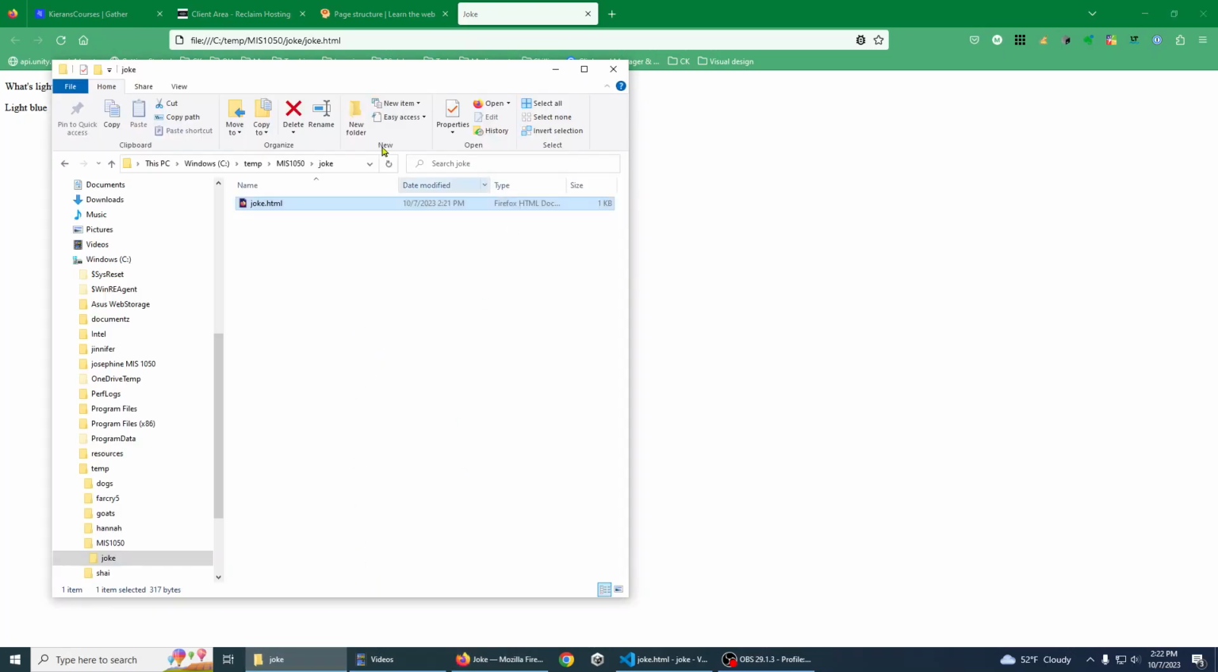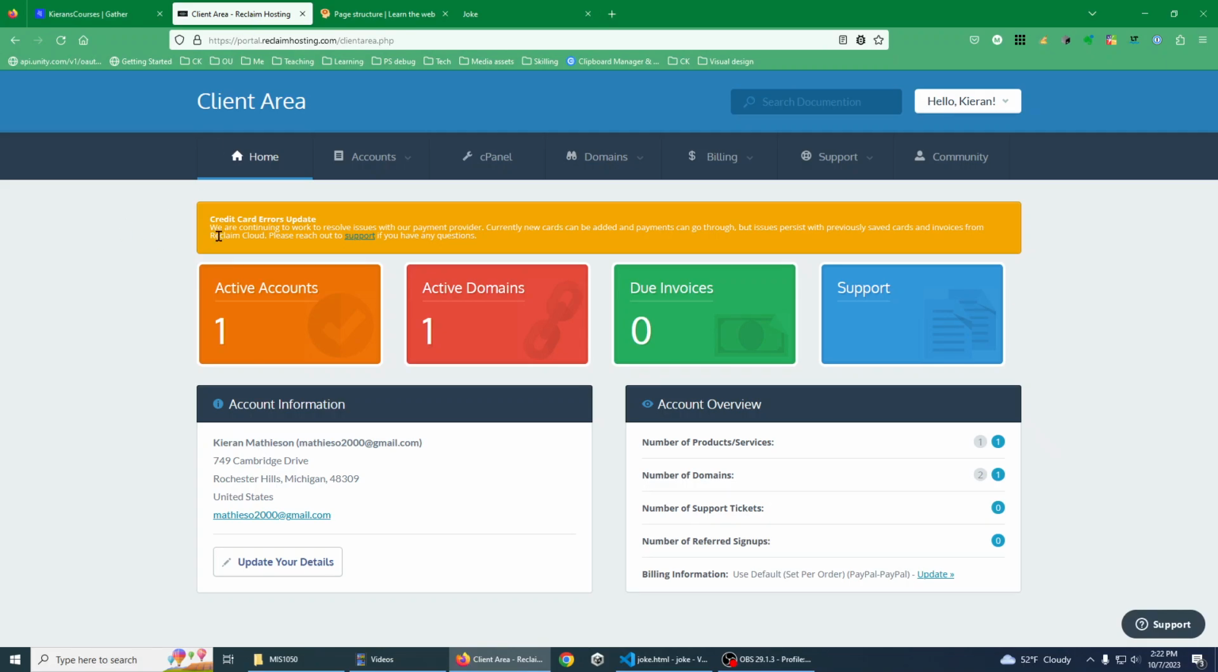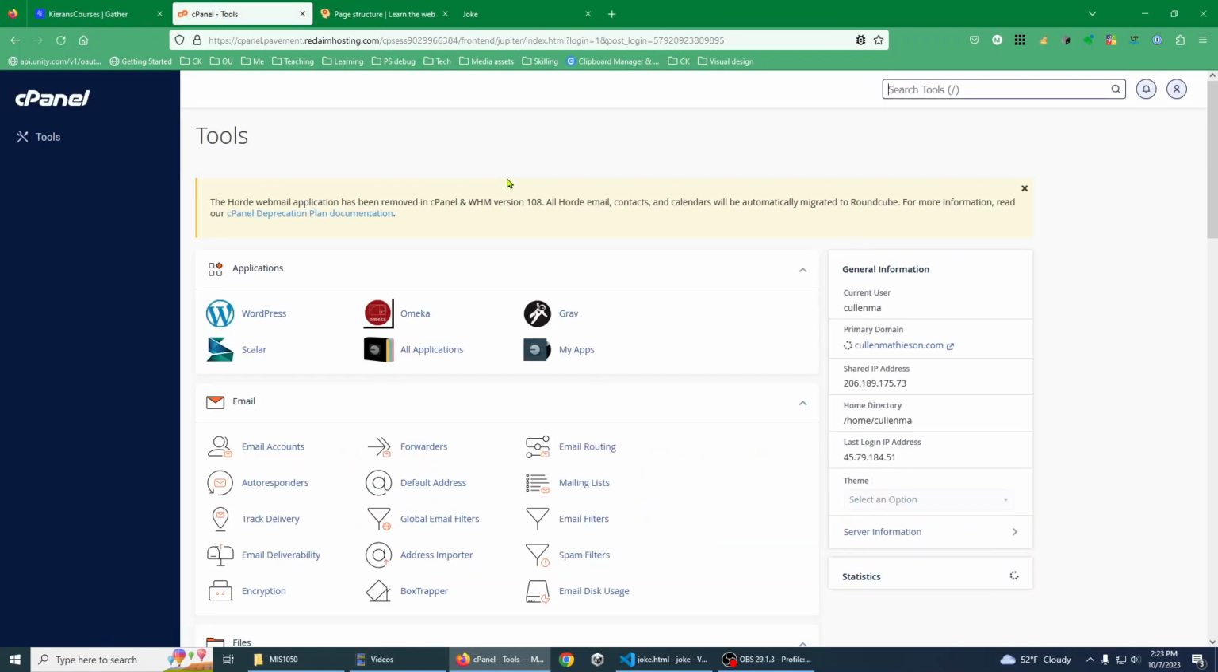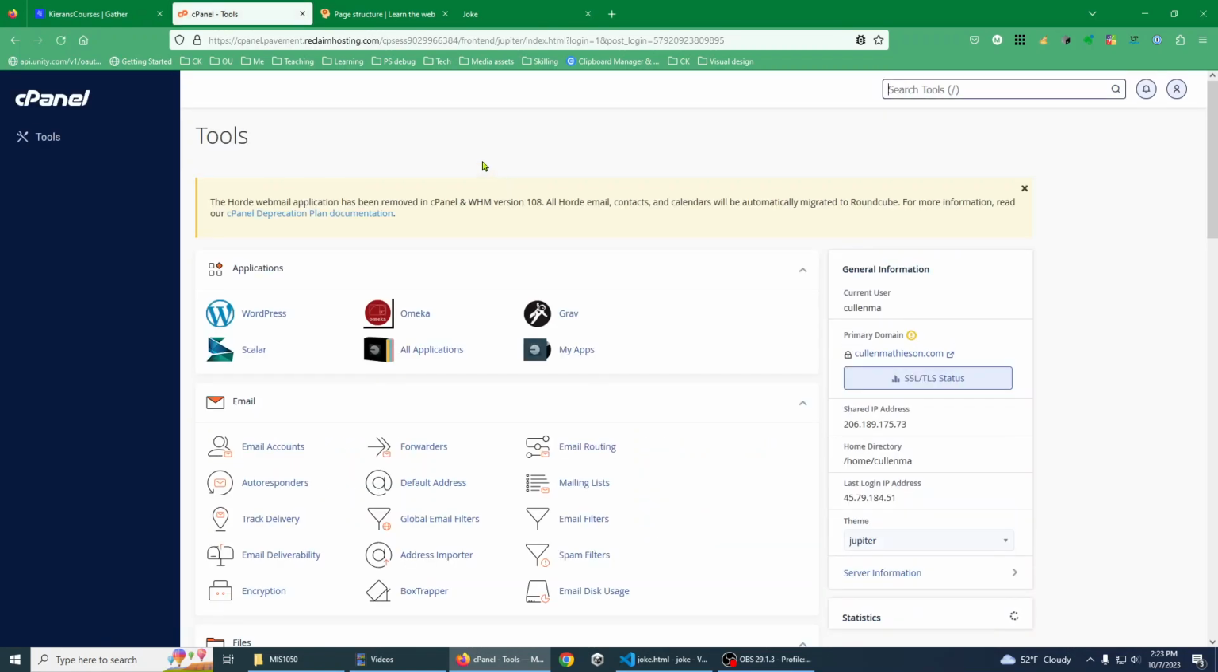So let's see, I'm going to basically replicate what I have here on the server. I'm going to make a folder called joke, and I'm going to put the joke.html file in that on the server. Okay, so I've logged in to Reclaim, and I'm going to go into cPanel. By the way, this is one way to upload files. It's not the only way, but it's the easiest when you just have one or two files that you want to upload. Now, I've already made a subdomain,